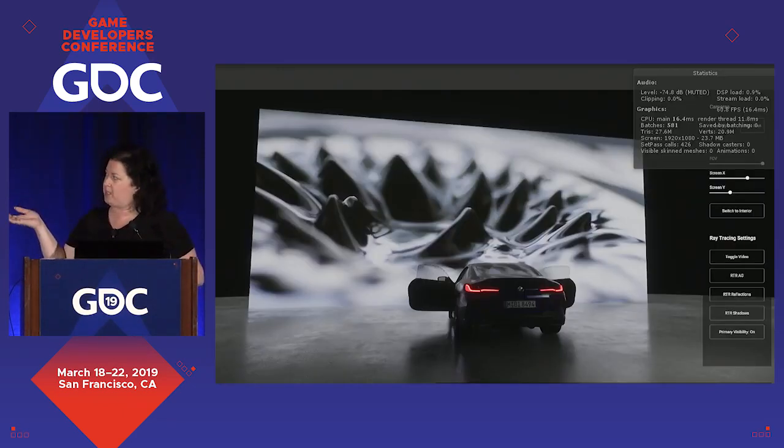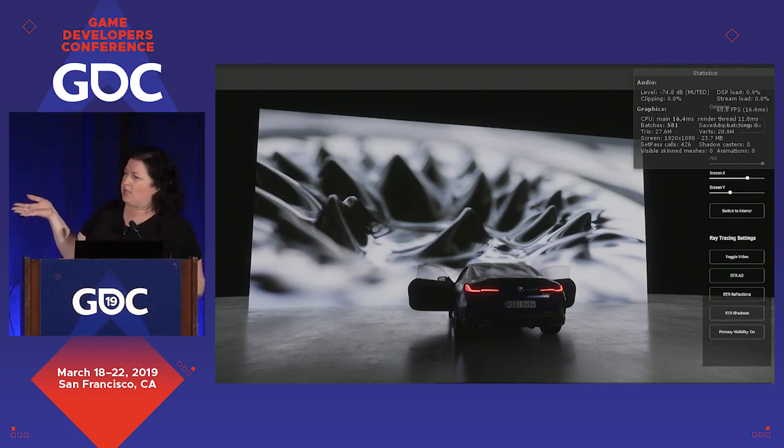A couple of things about the demo, I'll show in a second. On a 2080 Ti, it was running at about 60 FPS. I'll run it on my laptop. We'll see how it does with running for an hour. Apparently, I live on the edge. This car is about 28 million polygons with tons of effects.